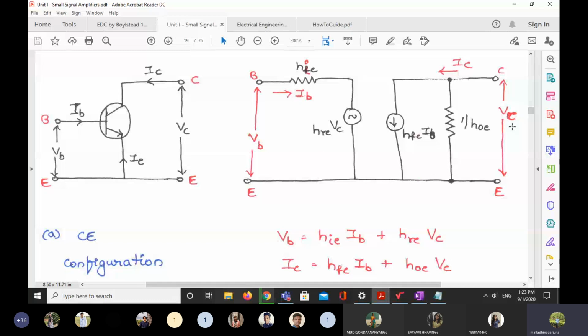Anyway, we are going to do the analysis of the CE amplifier now. I want to show you the H parameter model of the CE amplifier as well as the equations. You see the notation of capital I and capital V. That is for the DC signal, but here you are not supposed to mention capital I; by mistake they mentioned capital I and capital V. When you are doing AC analysis, you always have to use small letters only. If the signal is pure AC, we represent it with small letters only. If it is a DC signal, we represent it with capital letters only.